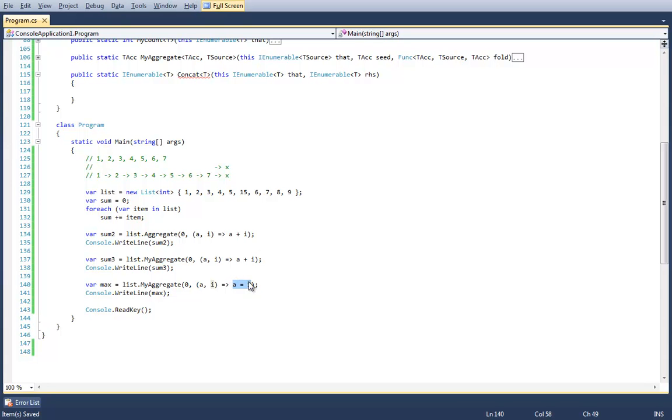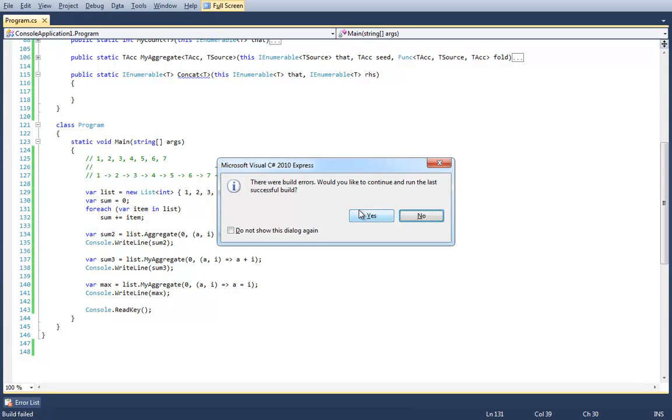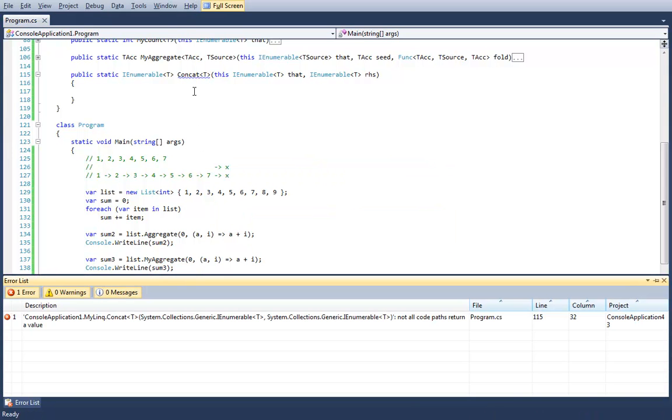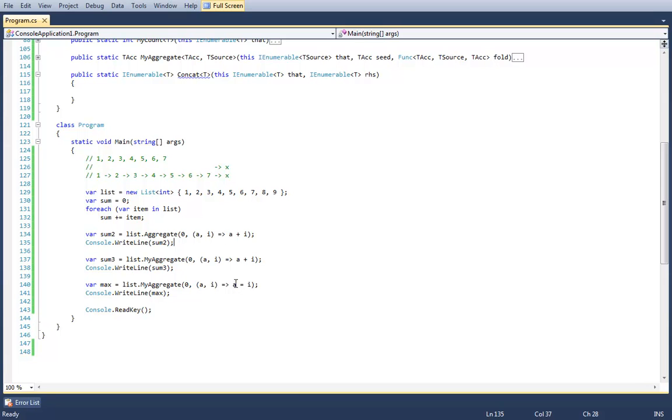The only reason that worked is because this list was originally 1, 2, 3, 4, 5, 6, 7, 8, 9. If I run this, obviously the concat's not going to work, but this is going to return the correct result, 9, because that's the last item inside of it. However, if I stuck a 15 in the middle, it will still return 9.